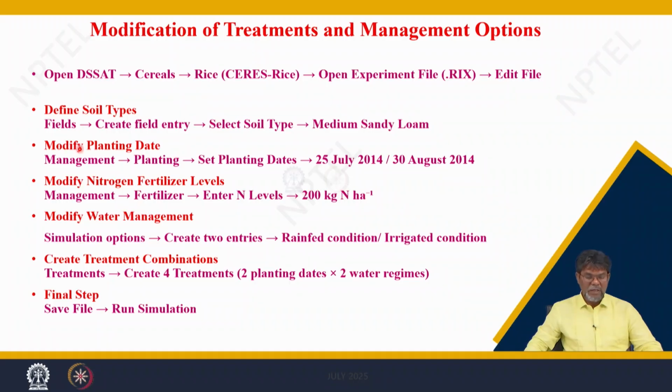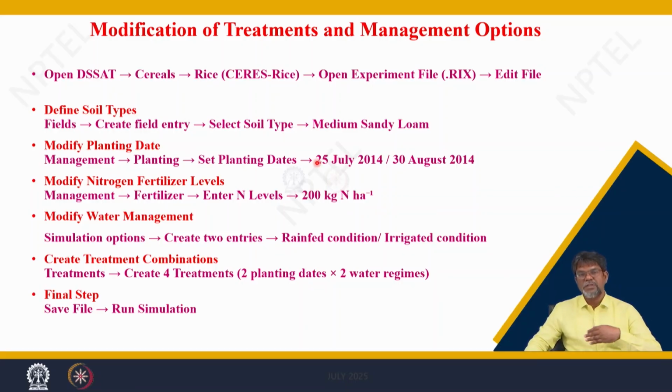And here we have the planting dates. There you had one planting date. Here we have 2 planting dates as your treatment. So, go to planting date and then management, the planting, and set the planting date as 25 July 2014 for one treatment. Again, go to level 2 and set that planting date as 30 August 2014. So, these are the treatments: one treatment, planting date, which you make level 1 and level 2, and for level 1 the planting date is 25 July.